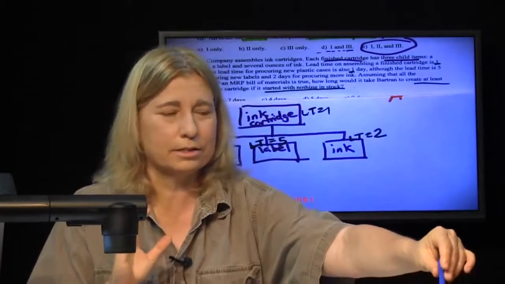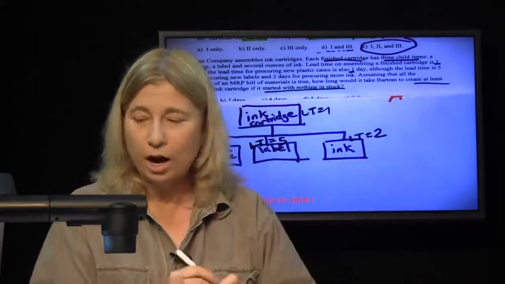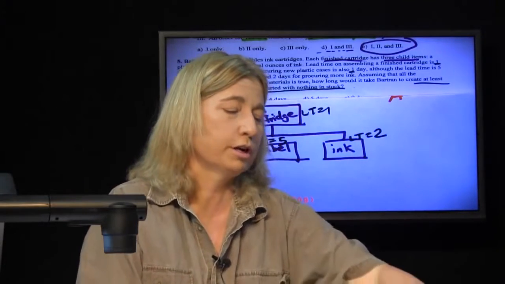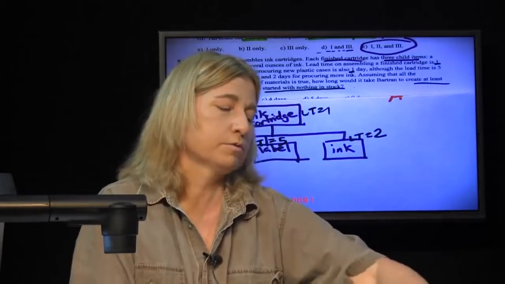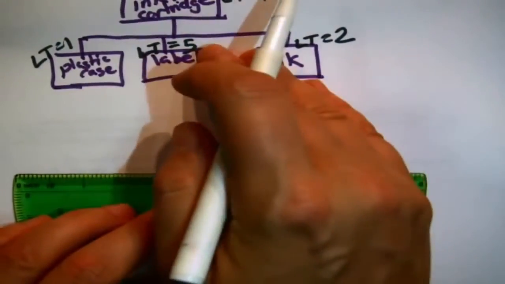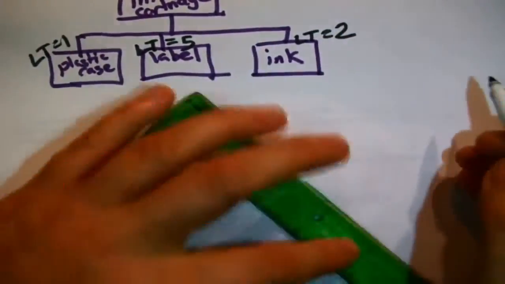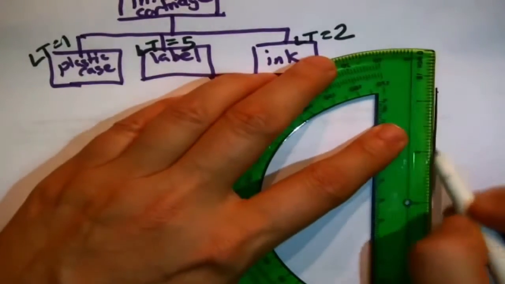Since technically this is a time-phase product structure diagram problem, I'm going to draw a full-blown time-phase product structure diagram. By the time you see where the answer comes from, you'll probably go, oh God, do we really have to do all of that? Well, no, not if you could have pictured it accurately. But anyway, a time-phase product structure diagram is this, except drawn on its side from right to left, scaled by